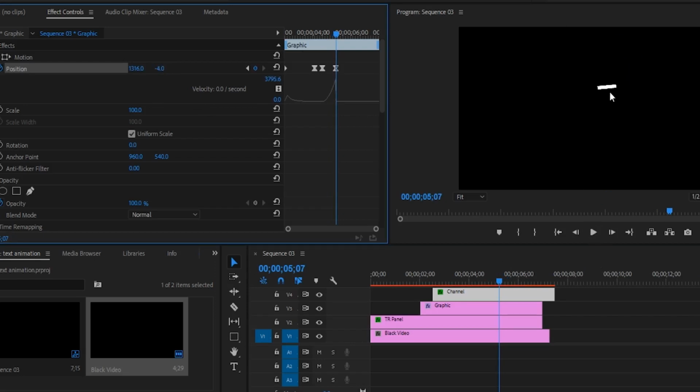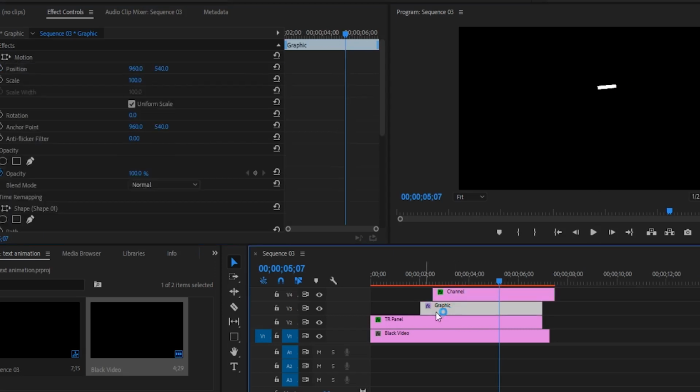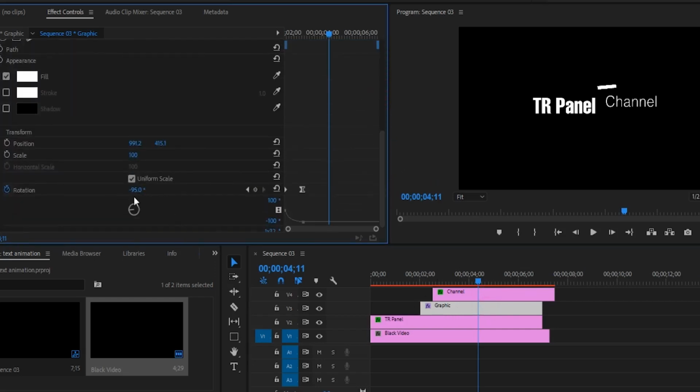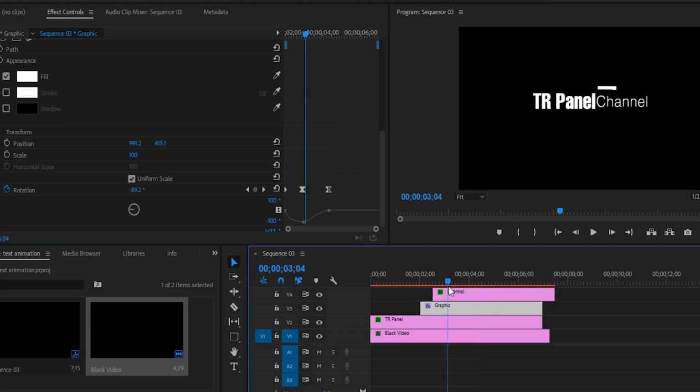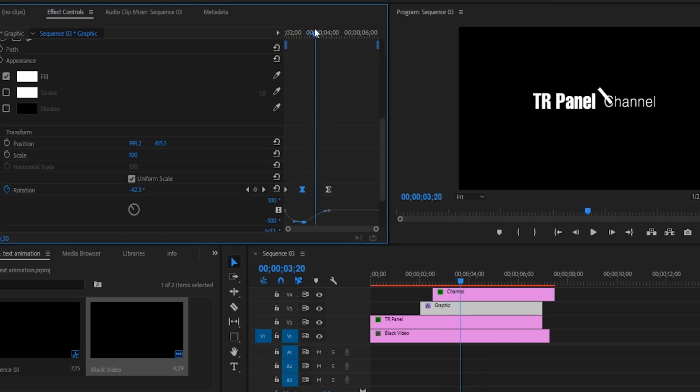Now last thing is to remove this rectangle from frame. Select this rectangle layer. Now my first text starts moving from here. So my slider is here. Now select your rectangle layer and scroll this down. Move its position back to 0. Copy this keyframe, Ctrl plus C. Move this forward in the middle of both. Now paste it, Ctrl plus V here.